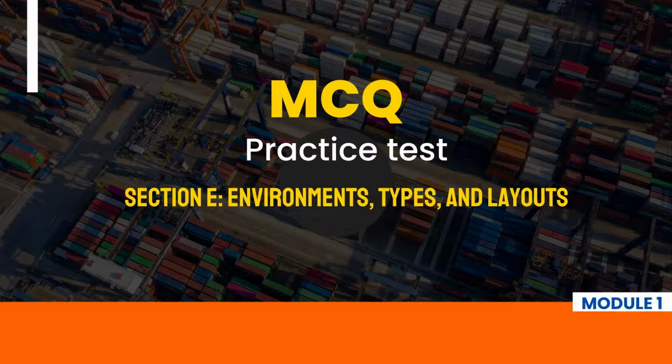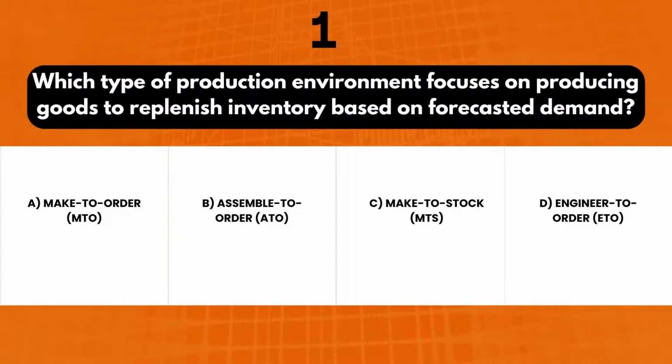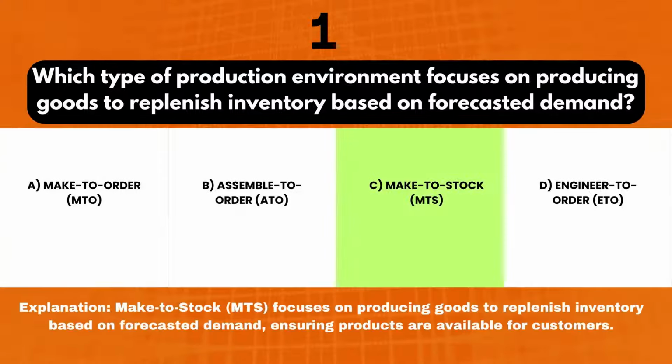Let's take a small practice test for Section E: Environments, Types, and Layouts. 1. Which type of production environment focuses on producing goods to replenish inventory based on forecasted demand? A. Make-to-order, MTO. B. Assemble-to-order, ATO. C. Make-to-stock, MTS. D. Engineer-to-order, ETO. Correct answer: C. Explanation: Make-to-stock, MTS, focuses on producing goods to replenish inventory based on forecasted demand, ensuring products are